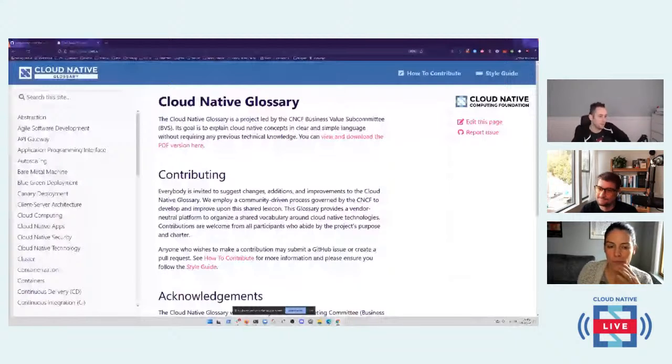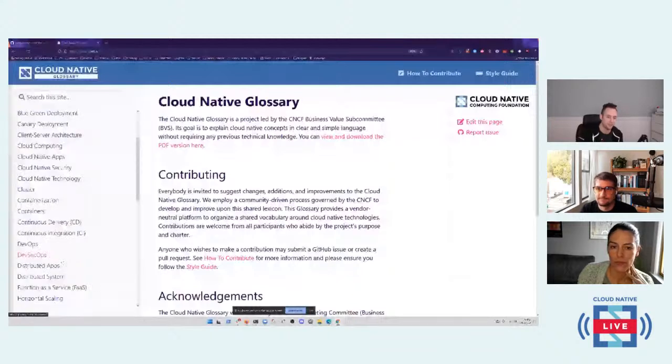Like the goal of the business. So we set up this business value committee, and we're like, man, there's a ton of resources that you need as you begin to address your market, whether it's for a project or for a company, right? And what we'd love to do is generate, as a group around the CNCF, some content that's just reusable, right? And that changes based on what people want, right? So we've got observability in here, right?